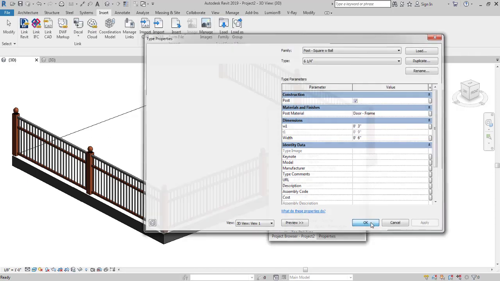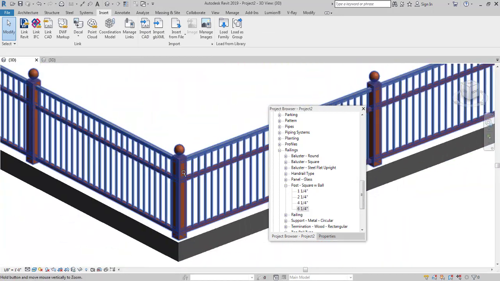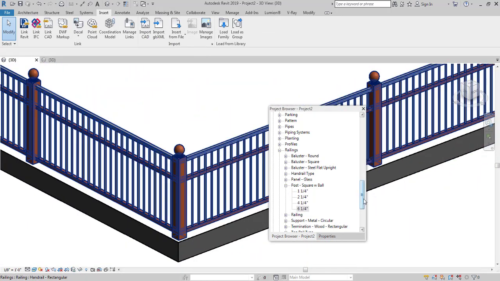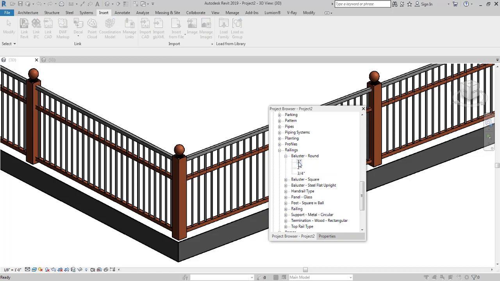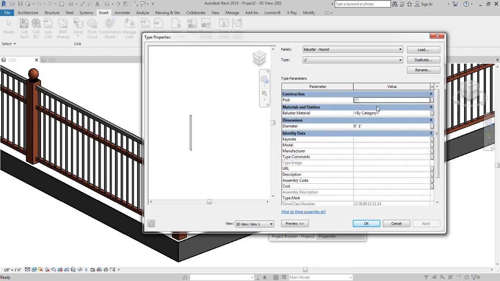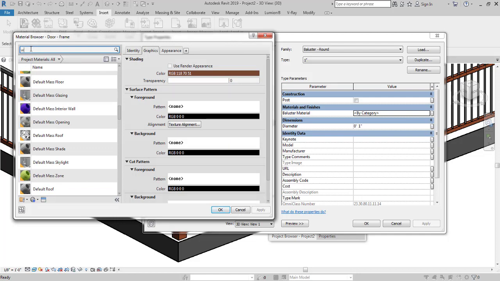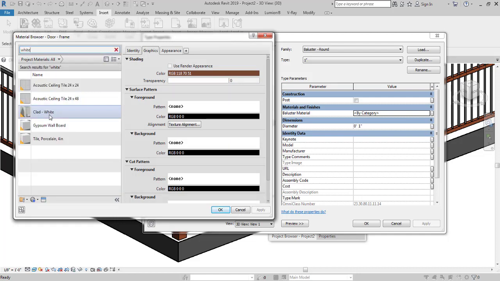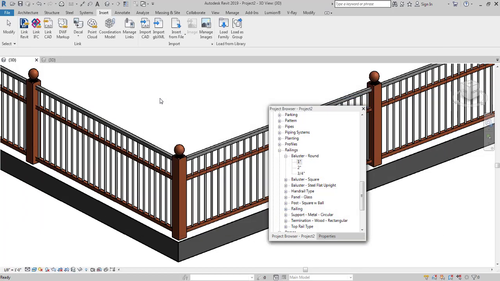So this is how you change the properties of the baluster, such as the material and the sizes. Click on OK, and we can do the same for this single baluster over here, this small circular profile. Now the concept is pretty much the same. Baluster round, this is what we did. Click on this 1 inch icon over here, and yeah, baluster material, click on it, and let's just give it a color. Let's say, do I have white available? White, yeah, clad white. Okay, apply, click on OK.